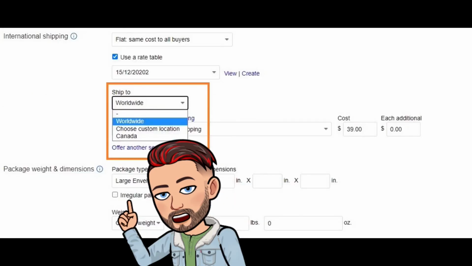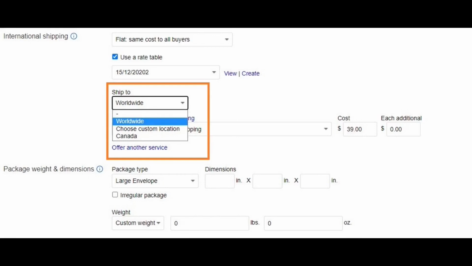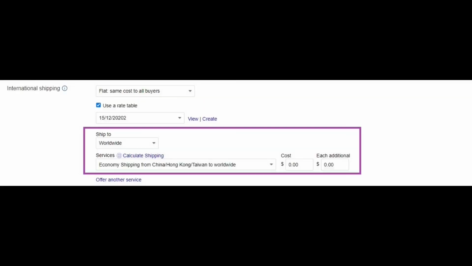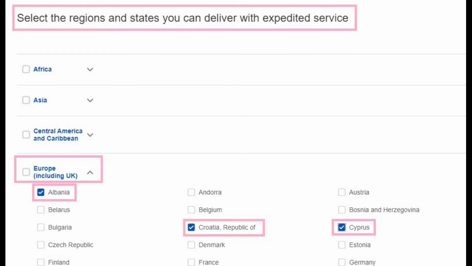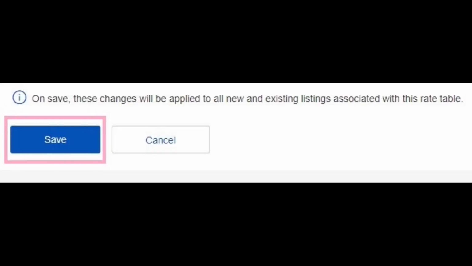Selecting the regions and states in the shipping rate table of the international shipping. Offer buyers economy shipping by default, 11 to 23 business days. Offer it as free shipping for buyers by including shipping cost in the item's price. For this option of international shipping, we recommend using any service within the economy shipping service. In addition, offer at least one of the options for express shipping at extra cost. After you have set up all the options in the shipping rate table, click on the Save button.